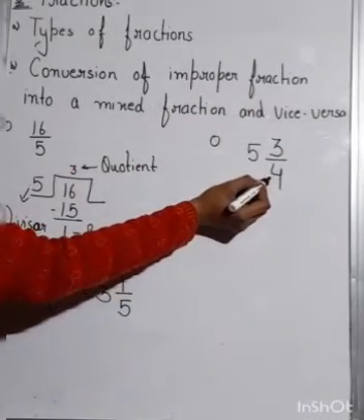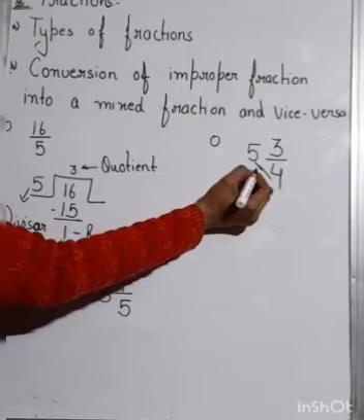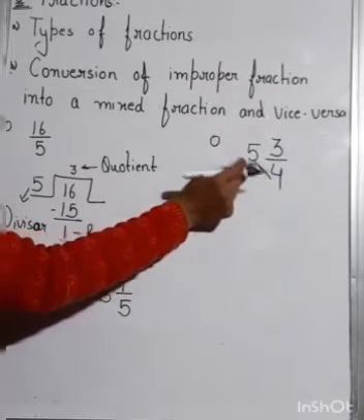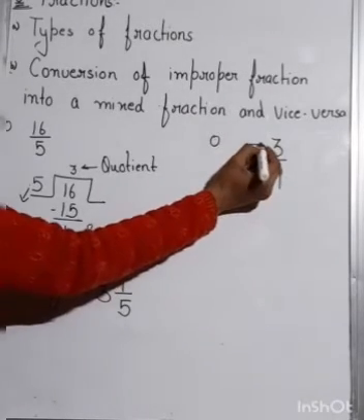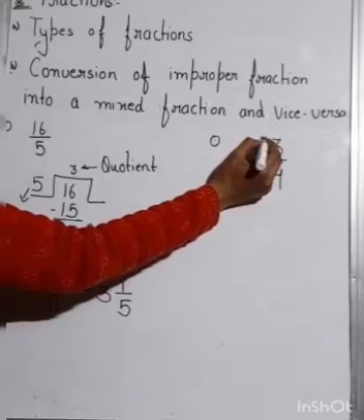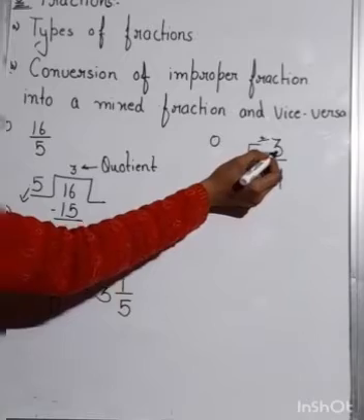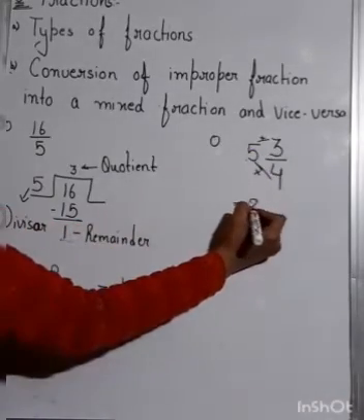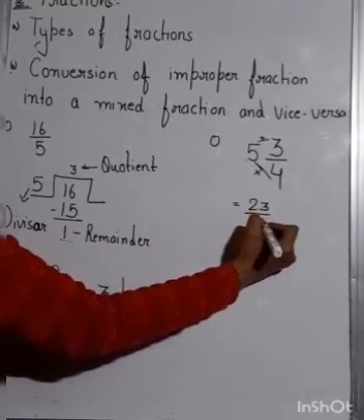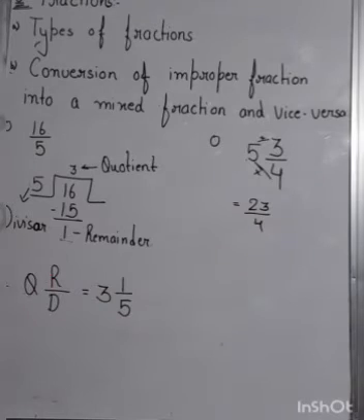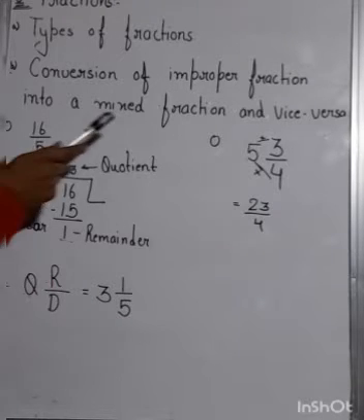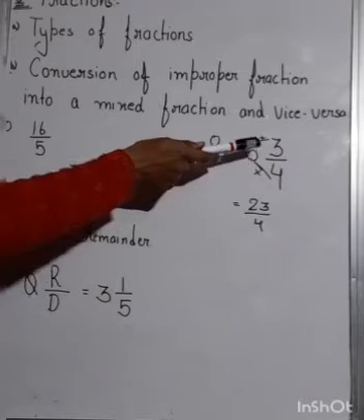For this, what you have to do, you have to multiply these two, that is your divisor and quotient. You have to multiply these two and then to the answer you are getting, you have to add this number. So 4 5s are 20, and 20 plus 3 is 23. So the answer will be 23 upon 4. Okay, so this is the way of converting an improper fraction into a mixed fraction, or converting a mixed fraction